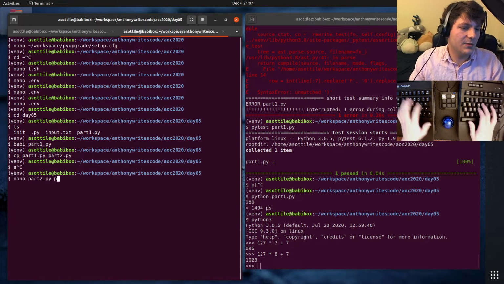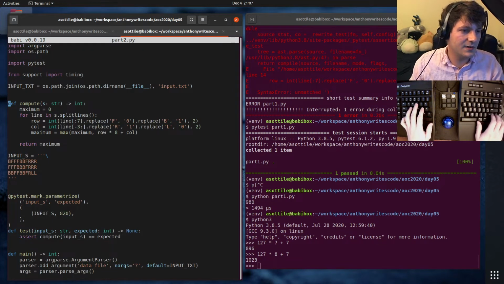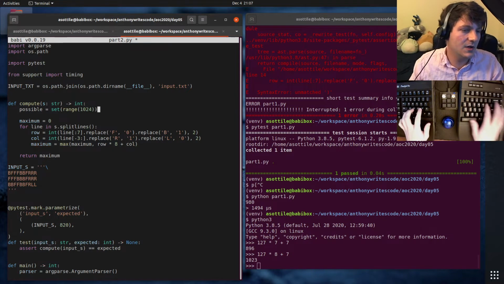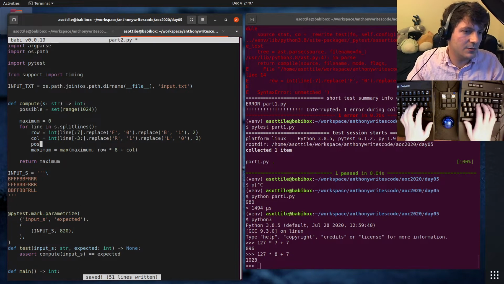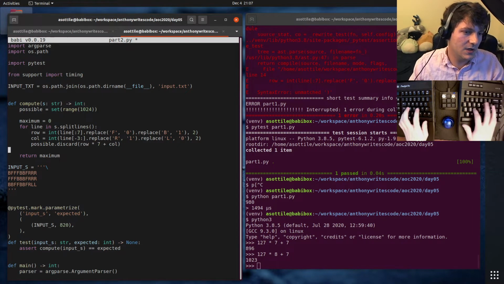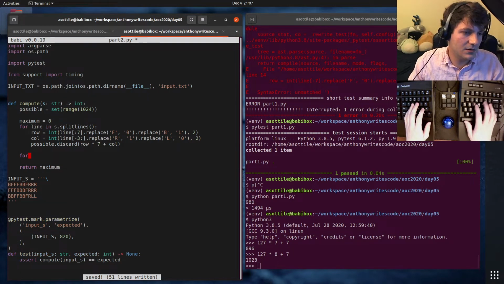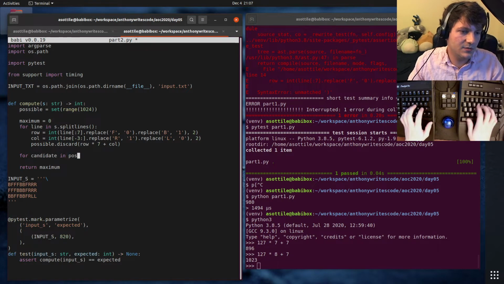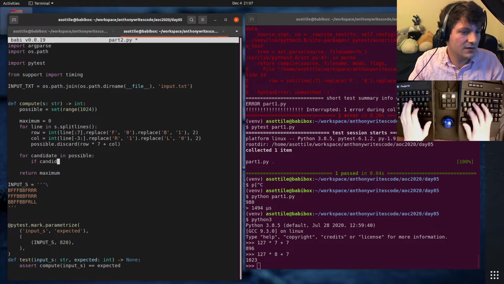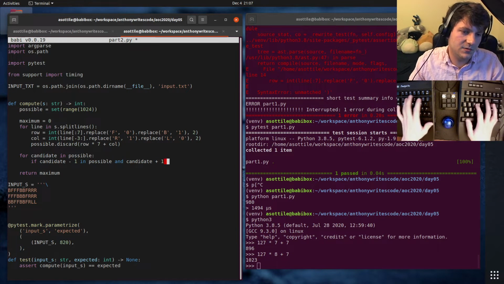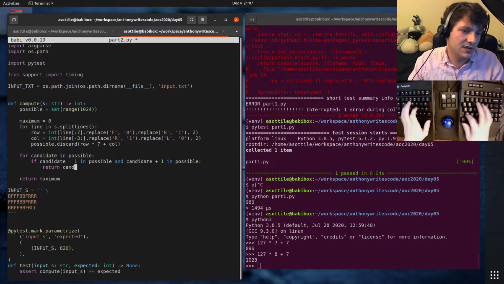Okay, so part2.py, I'm just gonna make a set of all of the numbers. Possible equals set(range(1024)). And then we will just do possible.discard(row times 8 plus col). And then for candidate in possible, if candidate minus 1 in possible and candidate plus 1 in possible, return candidate.